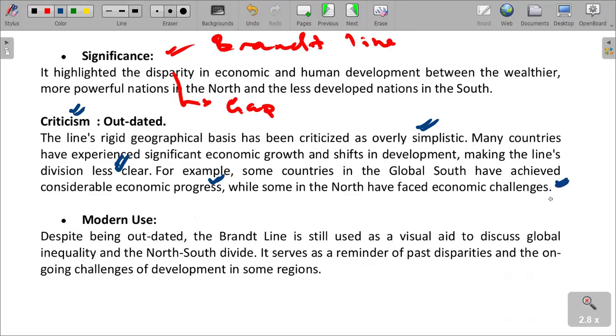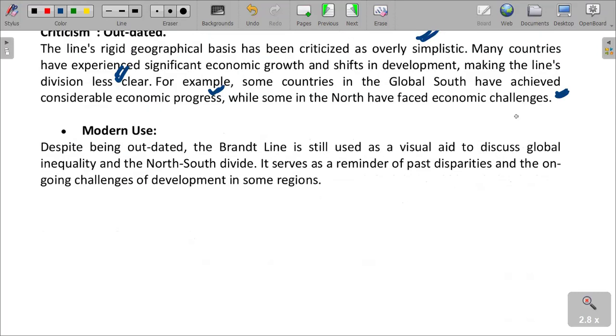We have had various economic challenges that have impacted the world as a whole, which actually caused changes, both negative and positive, in terms of economic progress. So that line cannot be equally applied right now. Irrespective of that, the modern use of the line is that despite being outdated,